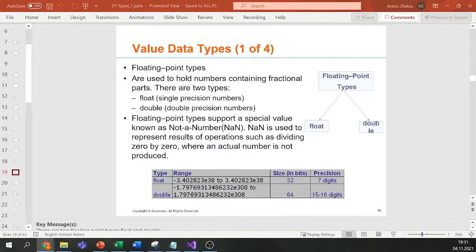Hello everyone. Today we are going to continue talking about the main data types we have in C#. So we hopefully will finish the presentation today, and then in Discord I also shared